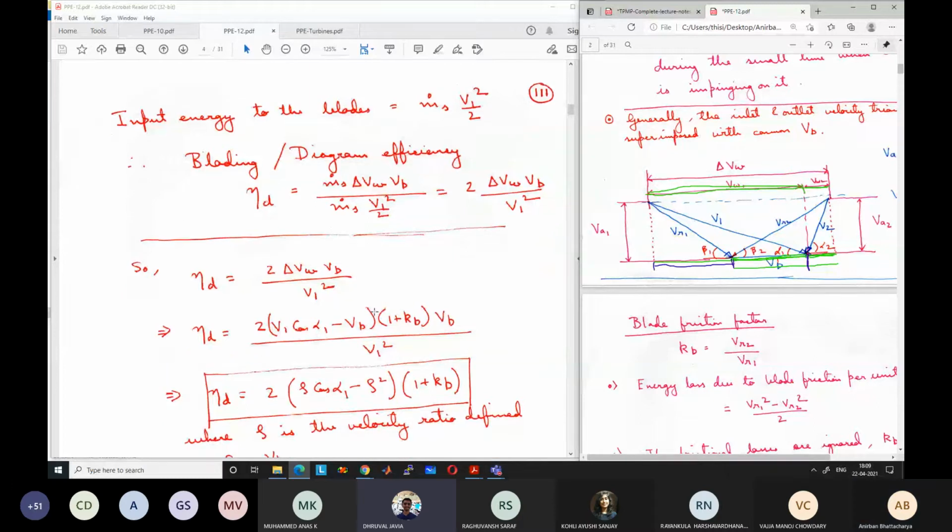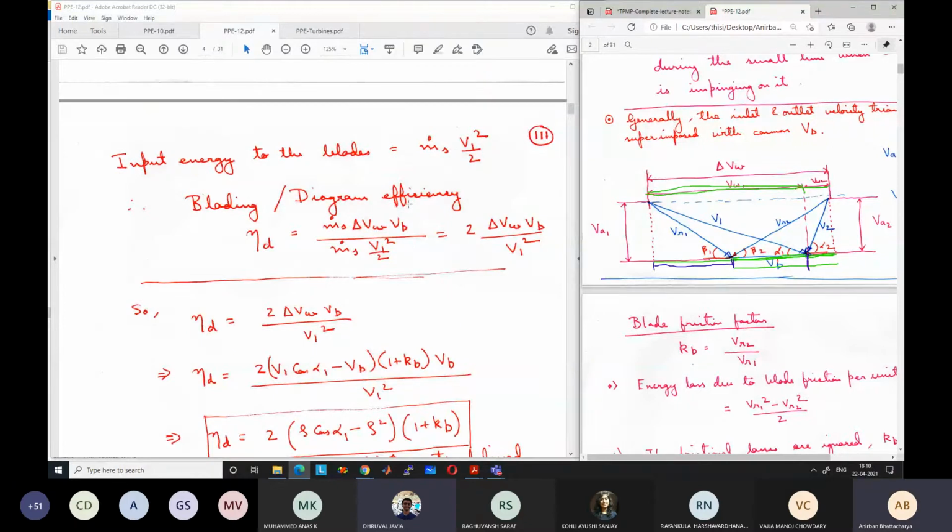Yes. In the turbine blades, only the kinetic energy will decrease and the enthalpy will remain constant. It's a very good point you have raised. Both can happen. There are different types of turbine blades. In some types, the kinetic energy only decreases, and enthalpy remains constant. In another type, the kinetic energy decreases and the enthalpy also decreases, so we get more energy out of that.